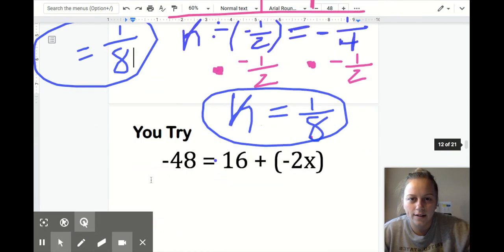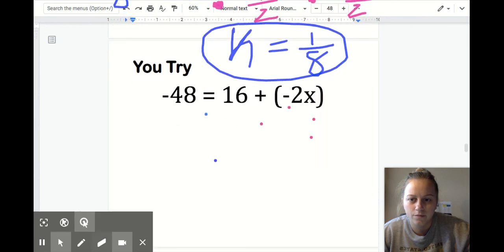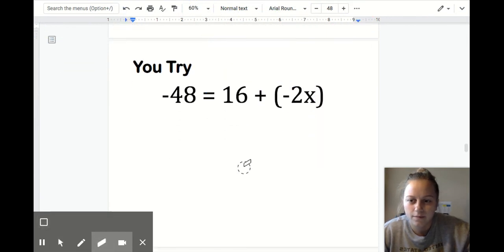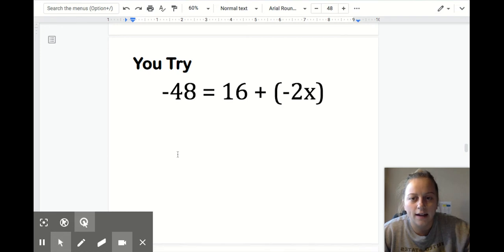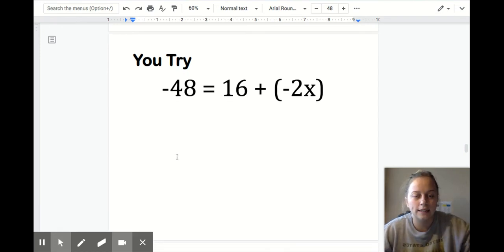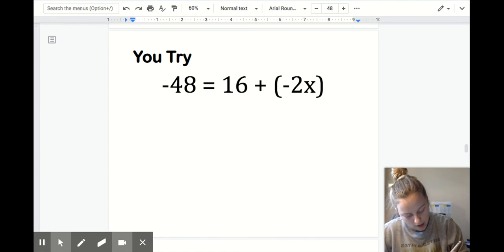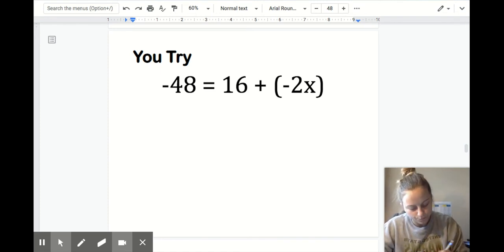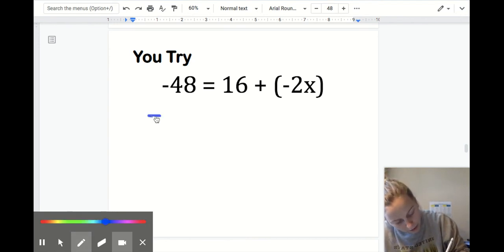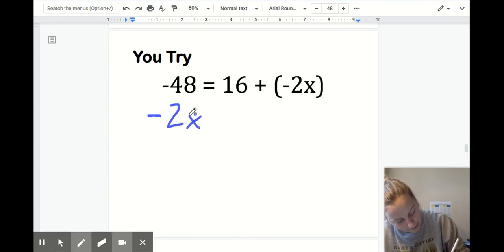All right, let's try another one here. We've got -48 equals 16 plus -2x. This one looks a little scary, but you can rewrite it if you wanted. We could rewrite it so that the x is on the left. We could rewrite it as -2x plus 16 equals